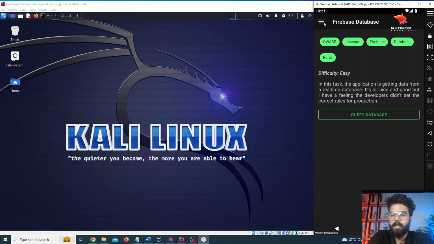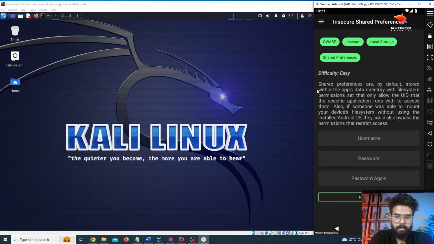We move on to the next vulnerability, that is insecure shared preferences. If you read the description, you can see that shared preferences by default are stored within the application's data directory within the file's permissions. All of these clues are given in the application, but to summarize, there are times where applications store sensitive data in their shared preferences folder. This will be more clear when we fire up the Kali terminal